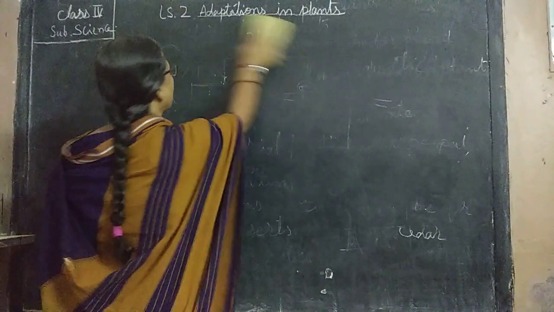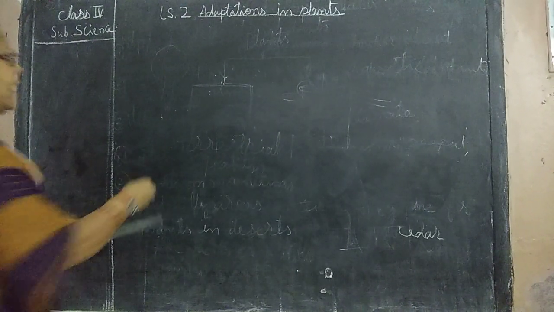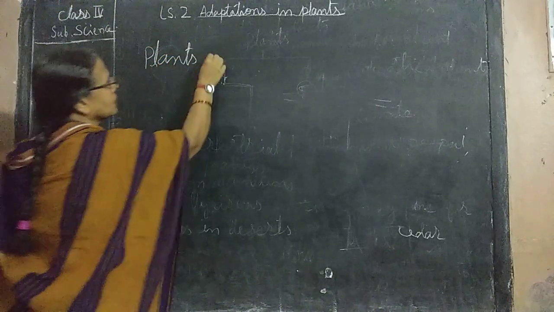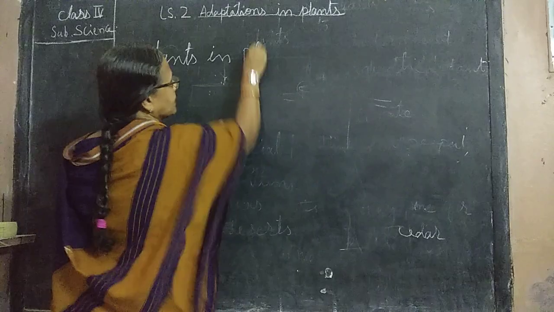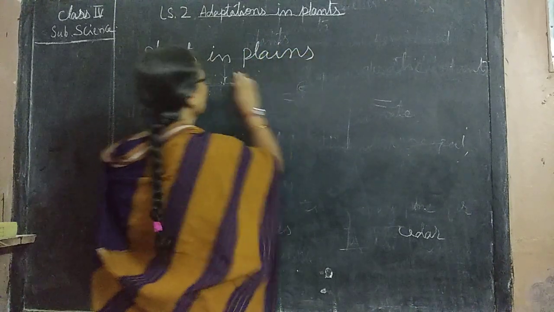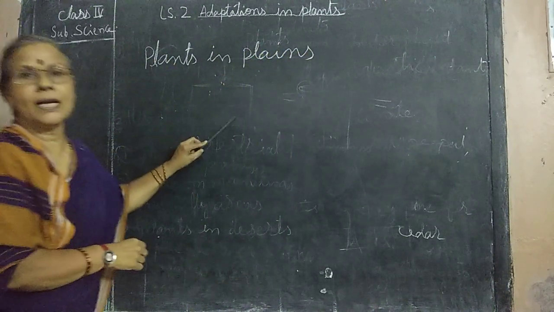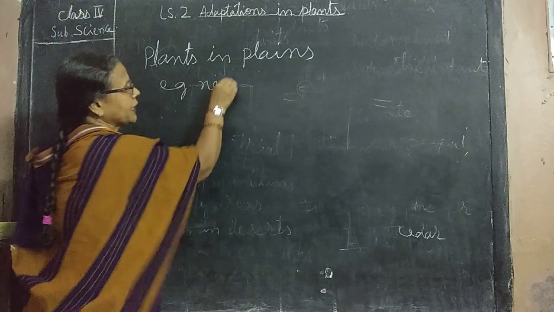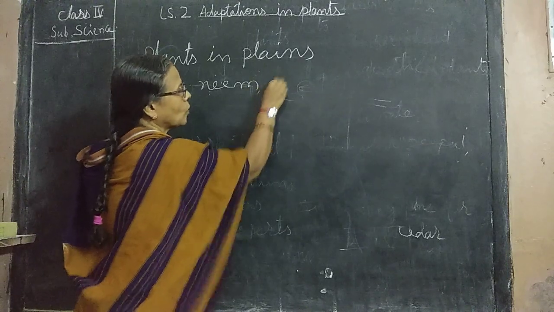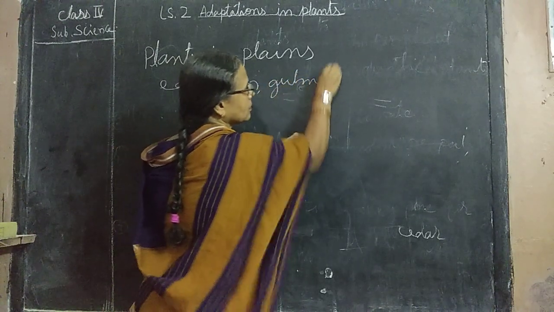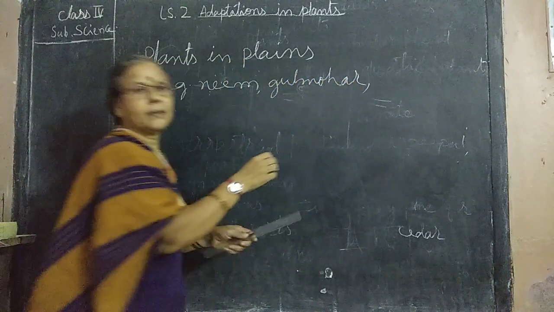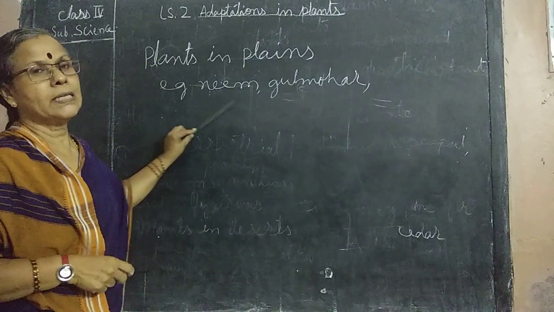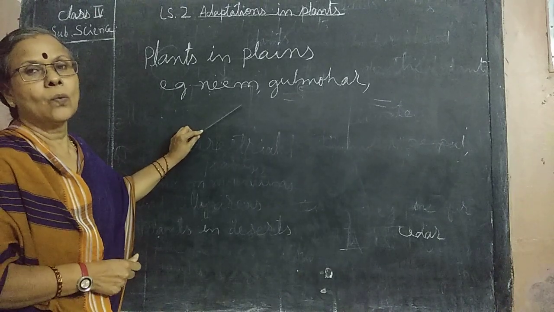Terrestrial plants: the plants which are growing in the plains. Number one, plants in plains. The plants which are growing in the plains, you have seen the neem tree. Examples are neem, gulmohar, banyan, peepal, etc. These are the examples of these plants. These trees grow in a warm climate,